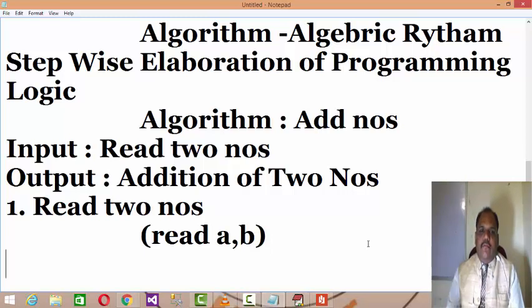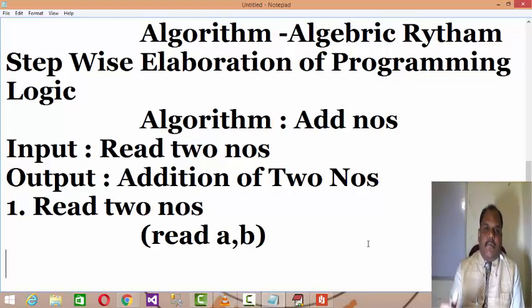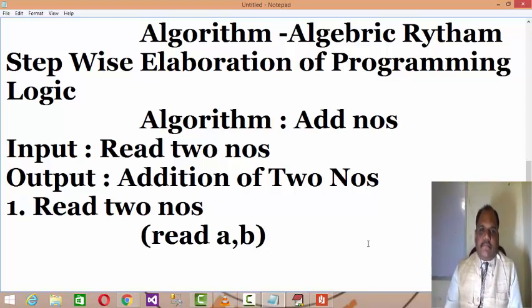Most of the time, what I observe is that people directly start writing the code. No, you cannot. This is not the problem definition that I am discussing, and that is not related to the program. As I said, ready-made code is not available. So you need to first design the solution and then design the algorithm.